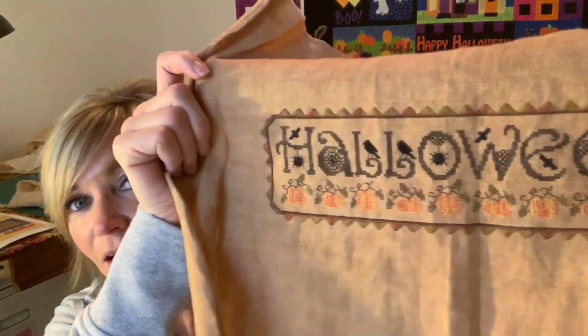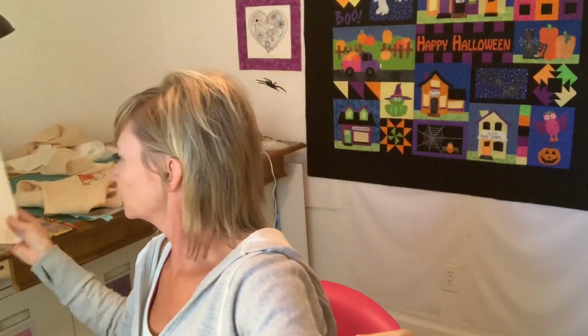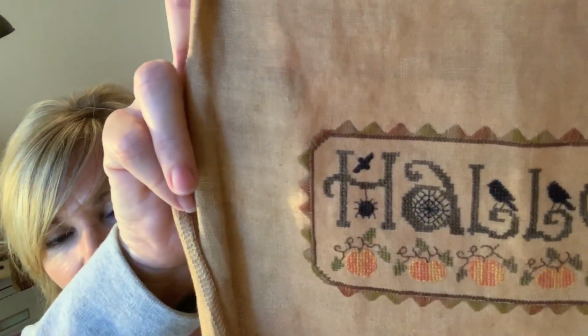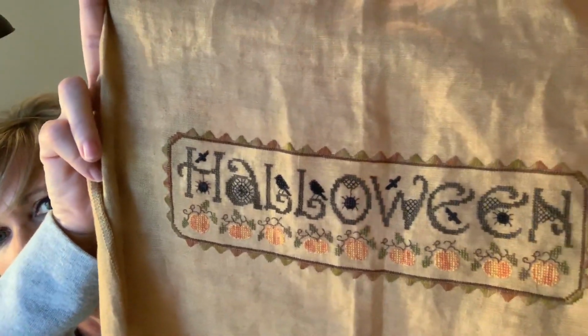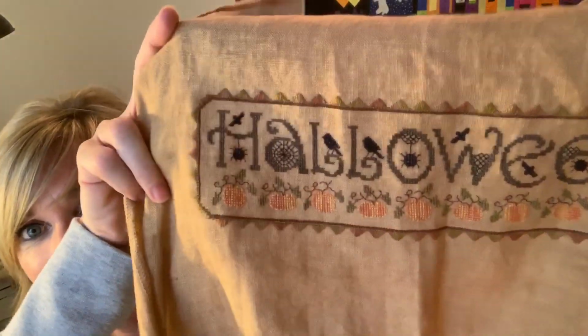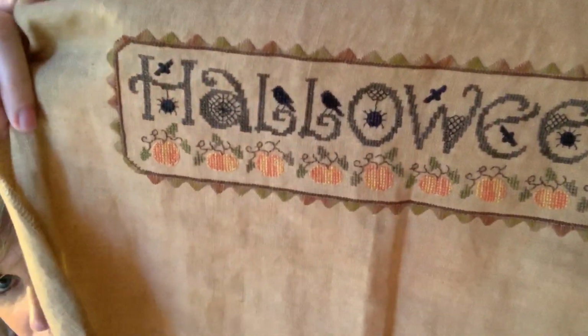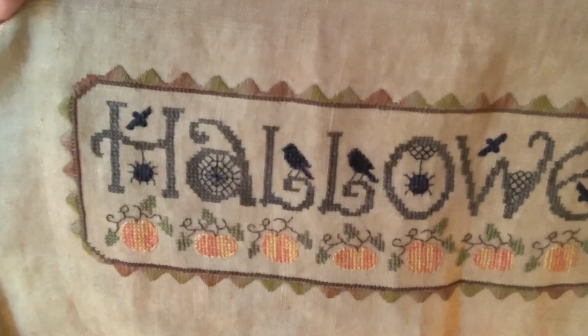And this is the one I worked on for 3 hours last night to get it done, and I love it. Halloween from Elizabeth's Needlework Designs. But I had it all except the sawtooth satin finish. I had maybe a quarter of it done, and I told myself I'm going to finish the rest of this border. And I did. I haven't ironed it yet either, but I was thrilled because this is 35 count linen,